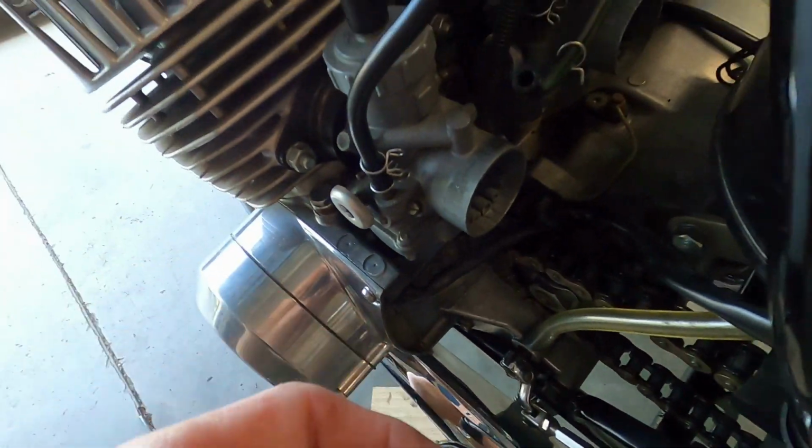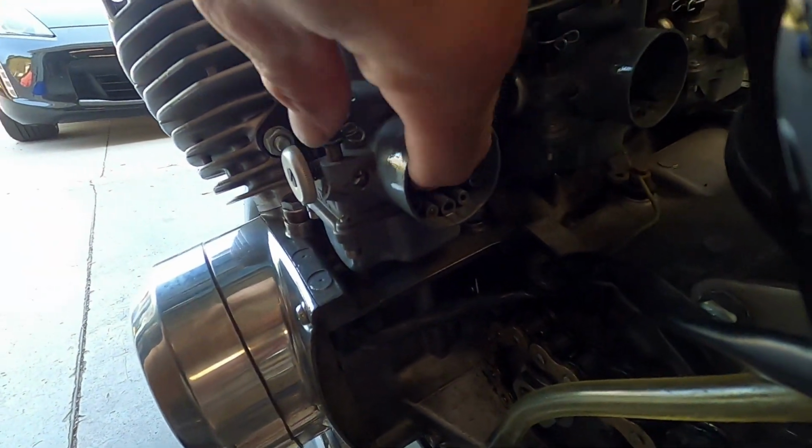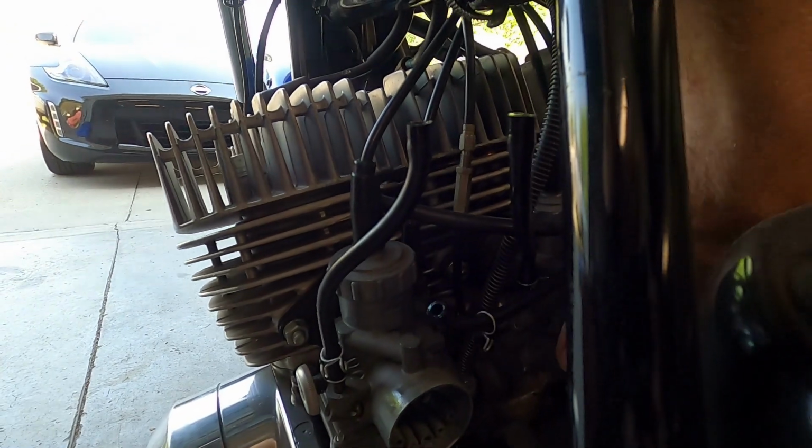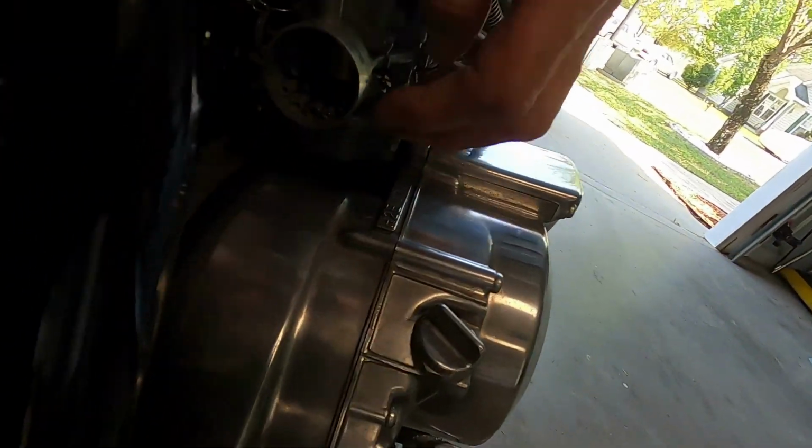Alright, so I thought it was my middle carb, but if I put my finger in the back here, I can lift these and they drop right down. Second one lifts and drops. My outside carb though,